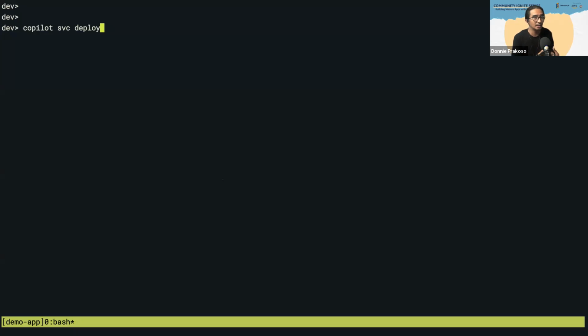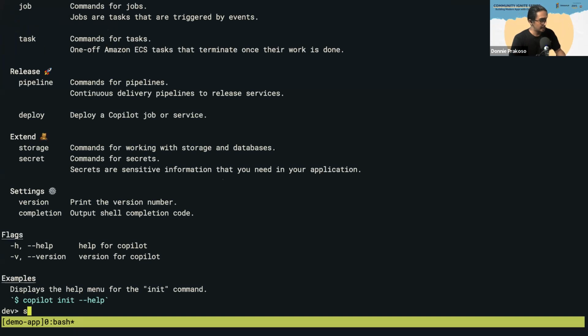Okay, but how about the permissions and roles? You don't need to do that anymore because everything is going to be created by Copilot, including creating the cluster, creating the task definition, and also all those resources that you need to run your application. So that's why I mentioned that Copilot is super easy and super intuitive, because it really speeds up our development process. And once that has been deployed,